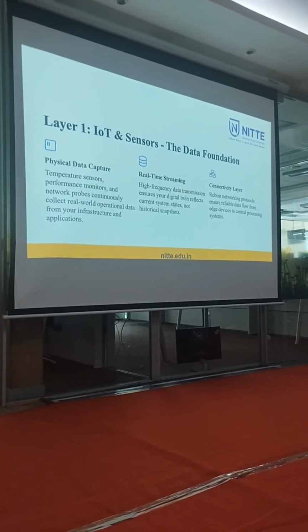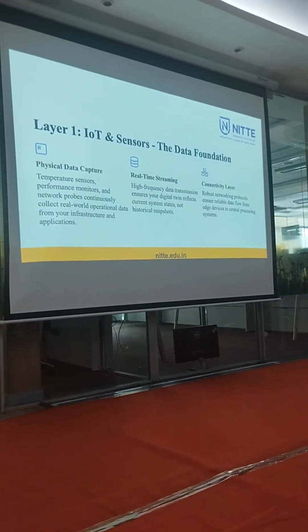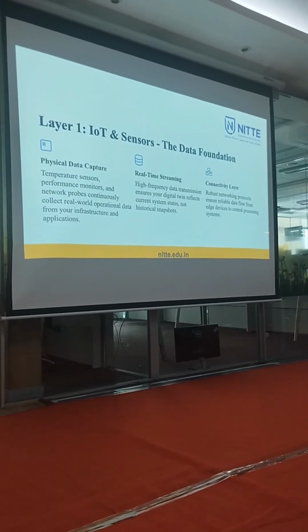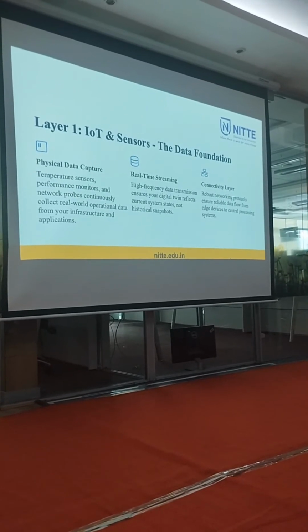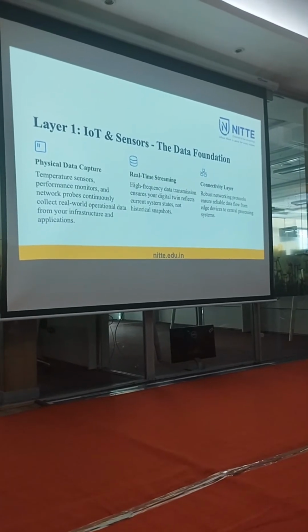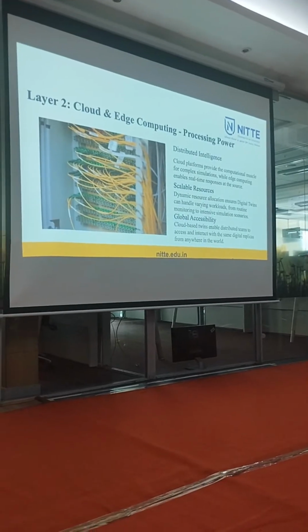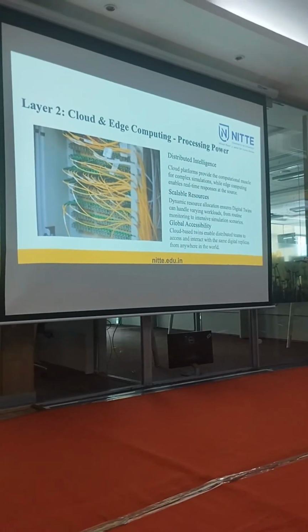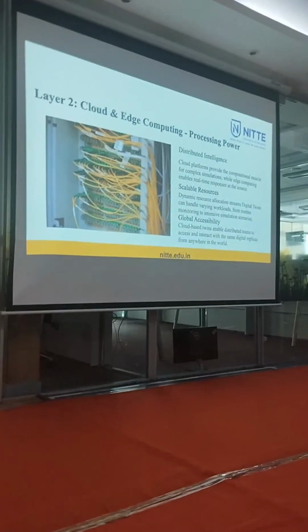What I can do is decide what has to be processed in-house at the edge and what is to be brought onto the internet, to the cloud space. So that's when we also need to know about edge computing, right? So this is a base. On top of it, cloud and edge computing comes up as layer 2, which is required for the computing, right?